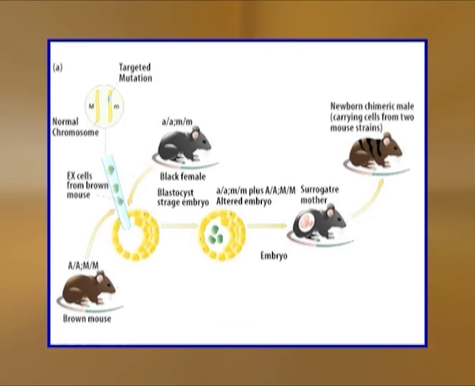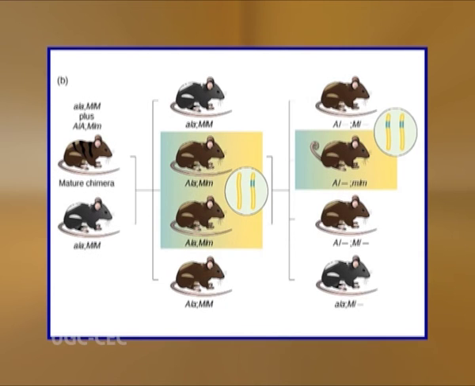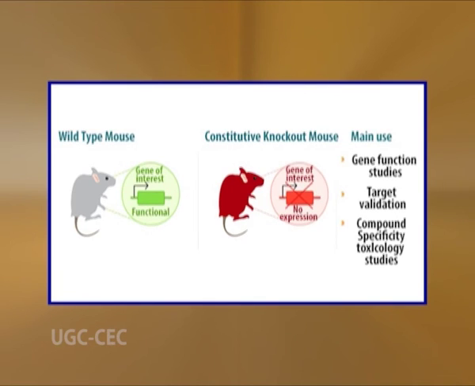Now coming to knockouts. The use of gene targeting to evaluate the function of genes in the living mouse is now a routine procedure and is used worldwide. For example, we can disrupt genes in mice, and when we do, we call the products knockout mice. These knockout mice can provide a unique insight into the genetic basis of a human disease, as well as a basis for studying the various cellular activities in which the product of a particular gene might be engaged.